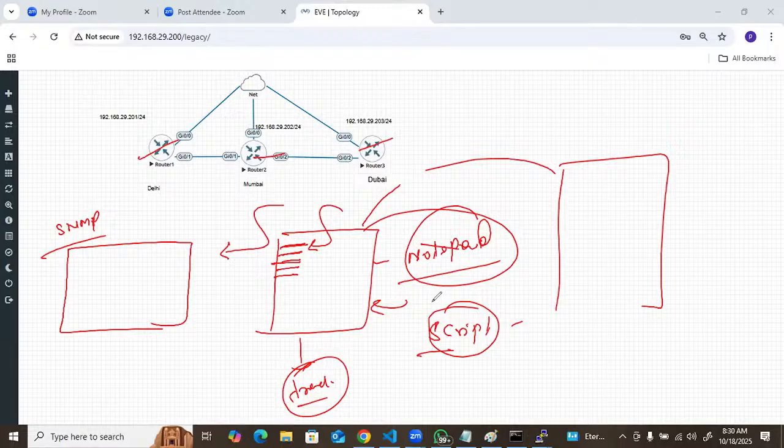In that file, if there is any change, what will happen? The code will auto-execute. If you are going to change the SNMP IP, syslog IP, or AAA server IPs, any configuration, you just prepare the script. What the requirement is depends on the companies, right? So you just prepare the script, and you are tracking a file. If anyone changes this file, the script should be auto-triggered.